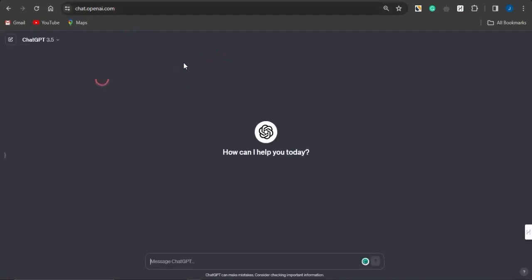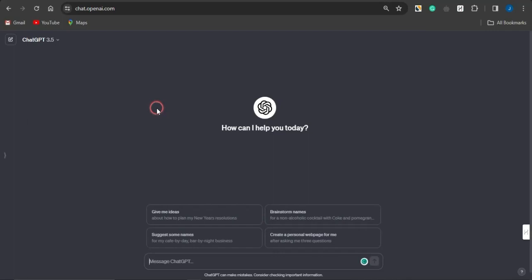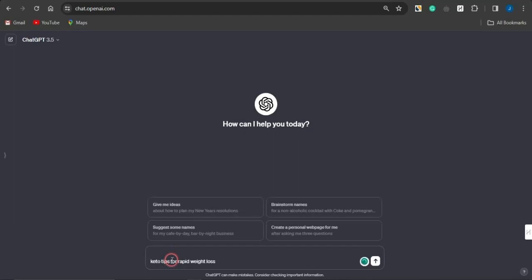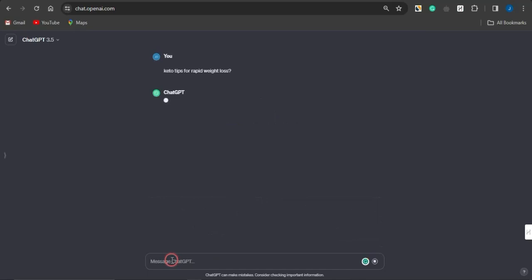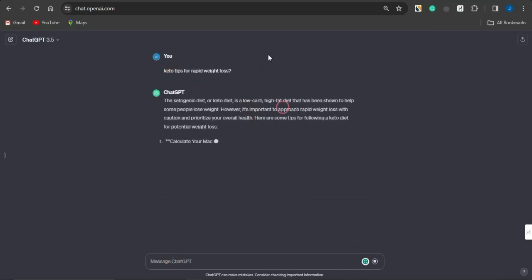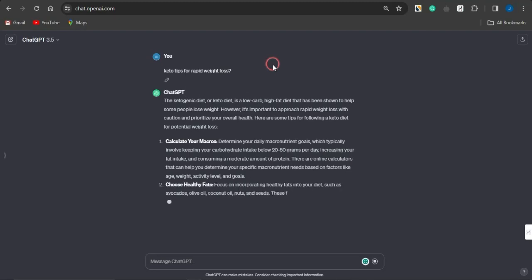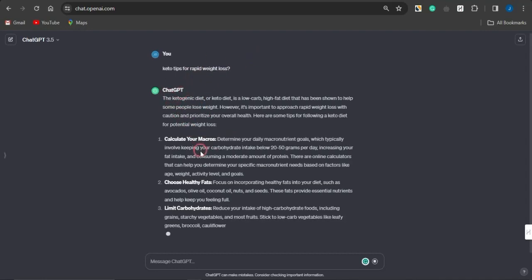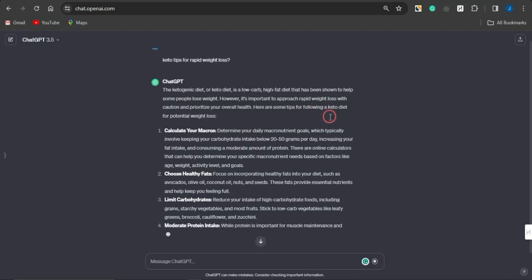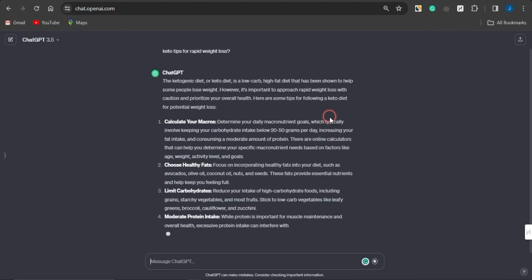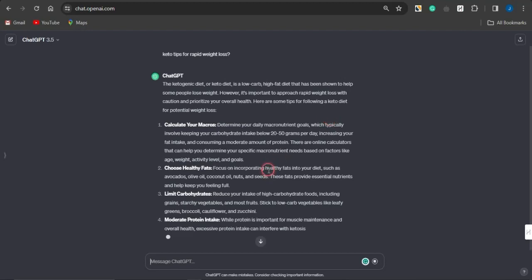chat.openai.com. If you come onto that platform, you'll be brought to ChatGPT, and you want to leverage ChatGPT's content writing capability to generate answers to that particular question. So I type that in, paste it, and you can see that ChatGPT generated some cool answers for this question. But you want to be patient a little until ChatGPT completely writes the response. As you can see, ChatGPT is still writing.